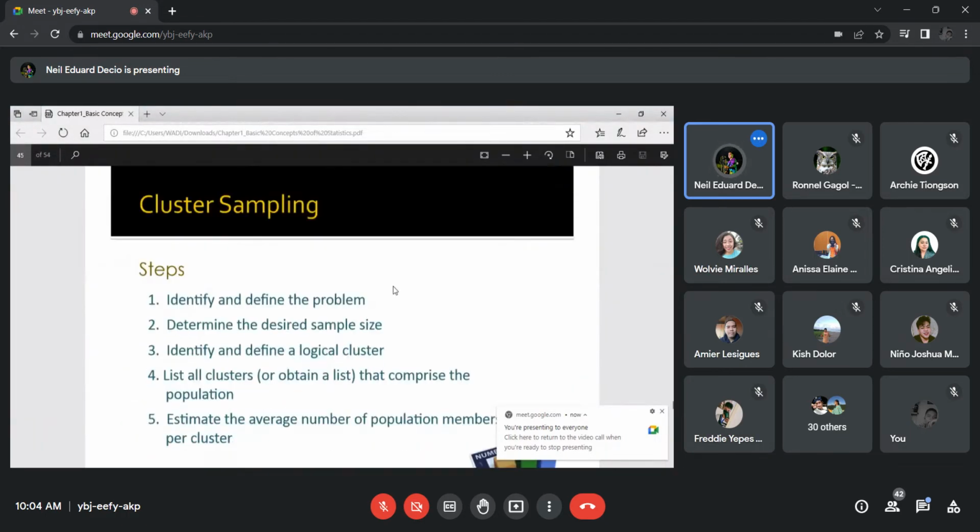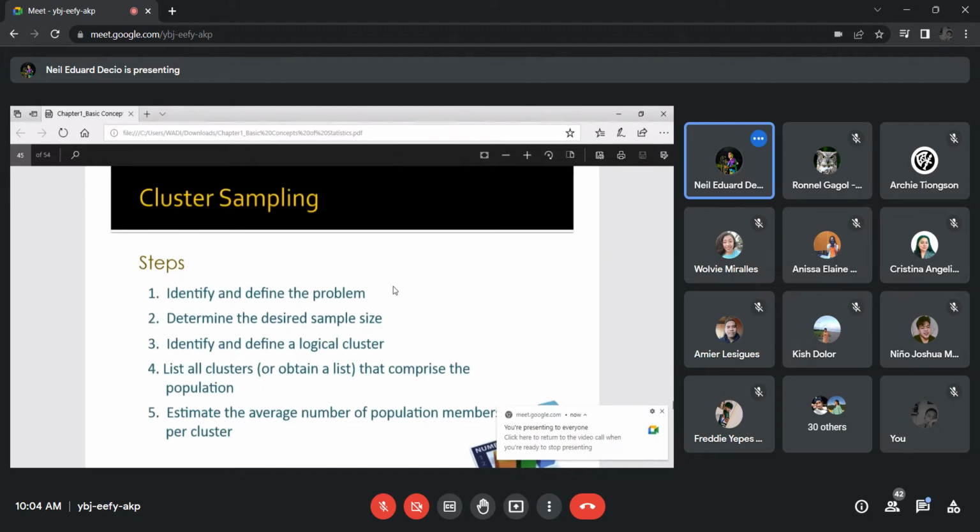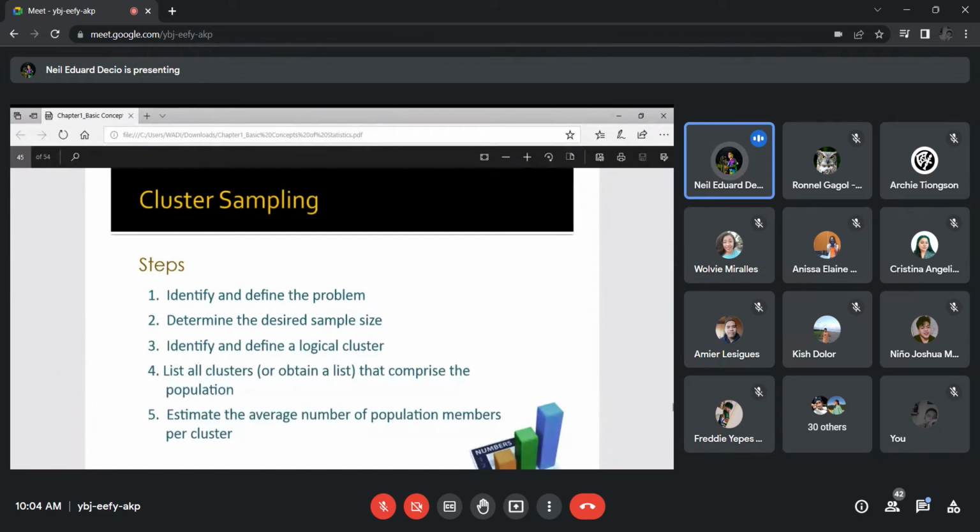So these are the steps in cluster sampling. Step one, we identify and define the problem. Of course, we need to do that before we do the sampling, and then we determine the desired sample size, and then we identify and define a logical cluster. So we have to cluster them by any means, and then we list all clusters or obtain a list of all the clusters that comprise the population, and then we estimate the average number of population members